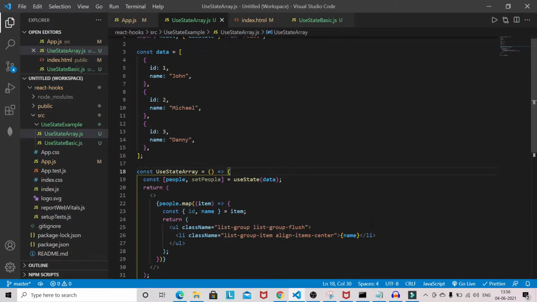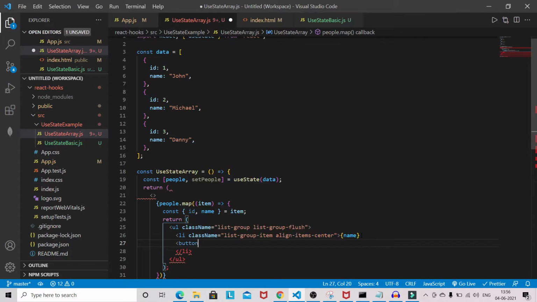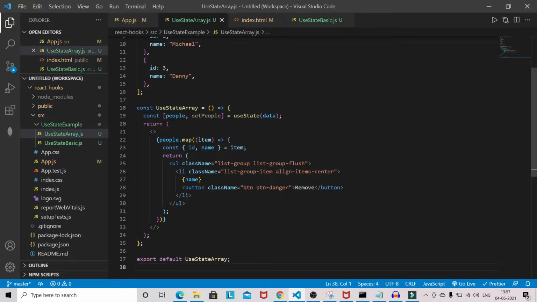Now I will add one button here. The button class name will be btn btn-danger, and the text will be Remove.